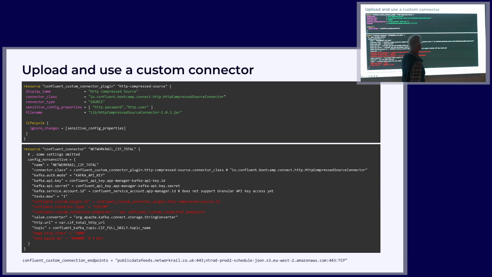More interesting for me, Terraform, in order to get that connector up and running. Yes, Confluent Cloud can take self-written connectors, connector plugins. And there's code in there that pulls this thing up. And then you can go and reference that and create the connector and run it actually. You have to provide a few parameters like which plugin am I using.